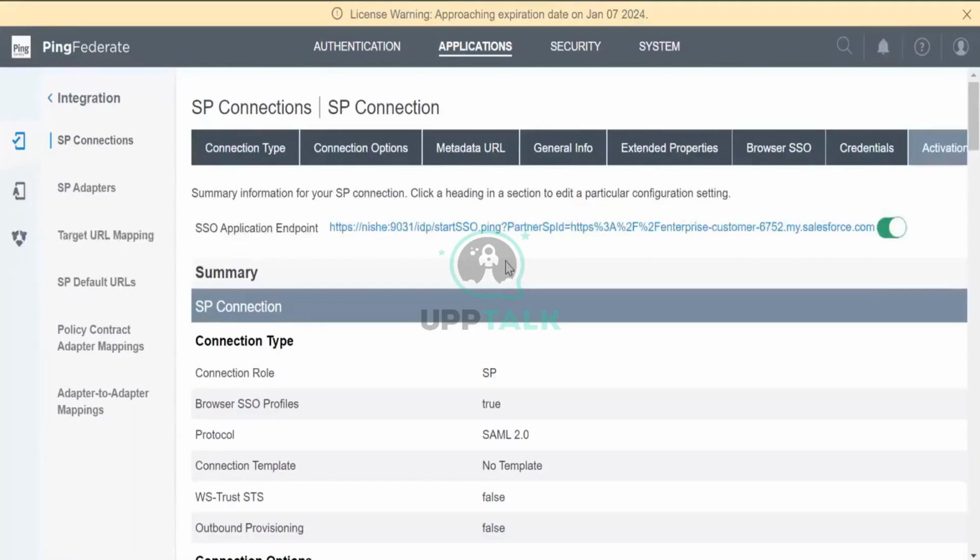There are a lot of applications that don't have the inbuilt sample configuration, or they don't want to configure any SSO tool to act as a service provider. For that case, right,